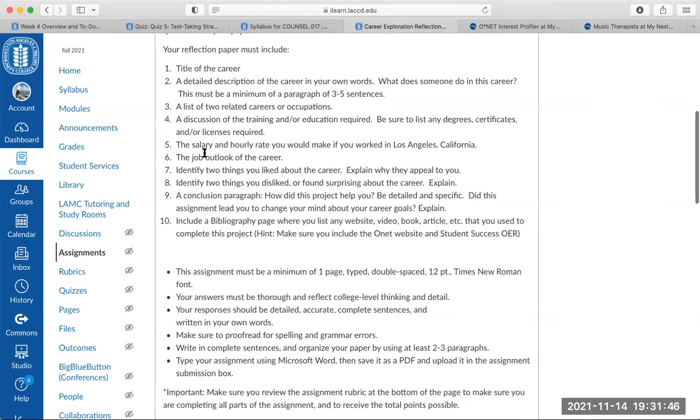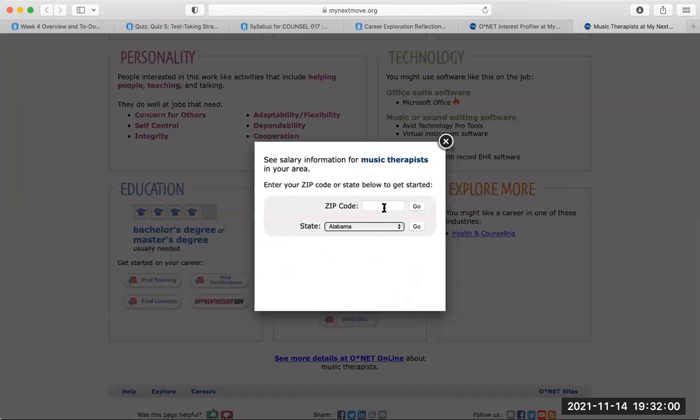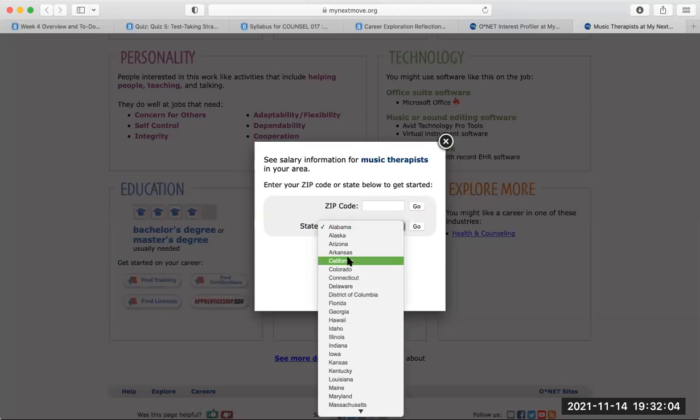Number 5 asks for the salary and hourly rate if I worked in Los Angeles, California. So here, if I go to Job Outlook, it tells me it's bright. I'm looking for salary though, and here I want to click on local salary info. And here I can put in my zip code, and then I can find California.